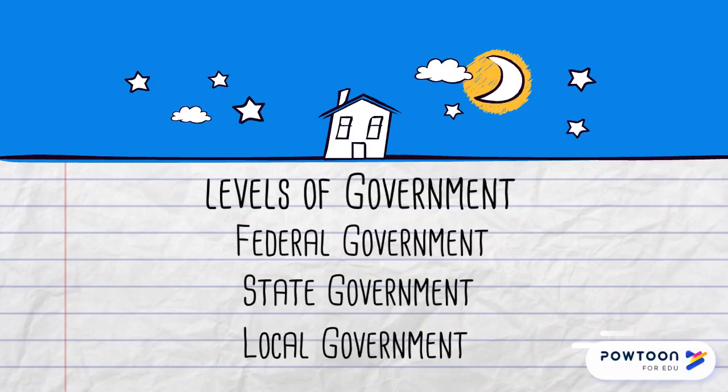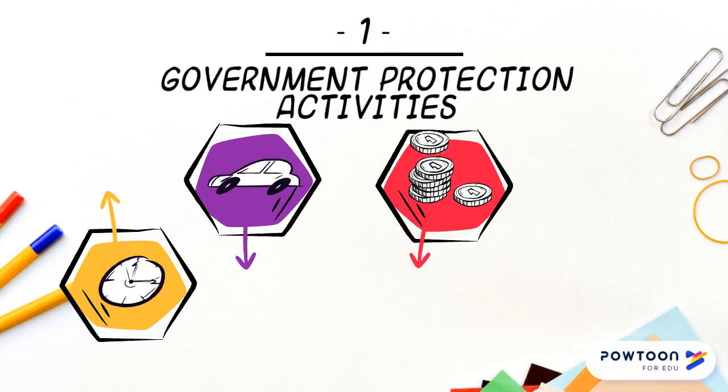Local governments provide services needed for an orderly society, such as police and fire protection. Government protects your rights in a number of ways. For example, citizens are protected through police and firefighting services. The armed forces provide for national defense. National security is a chief concern of the federal government.